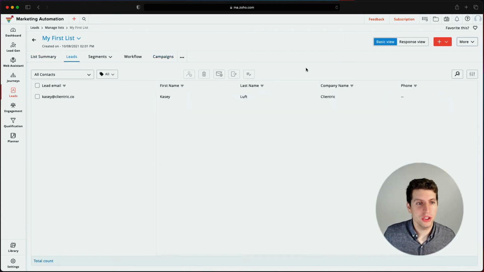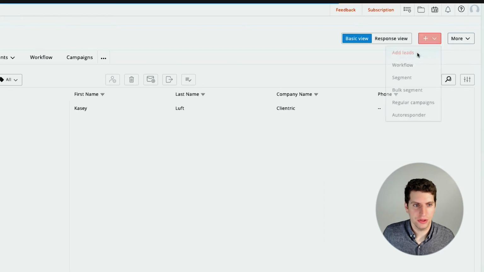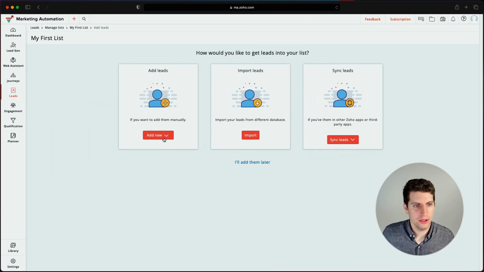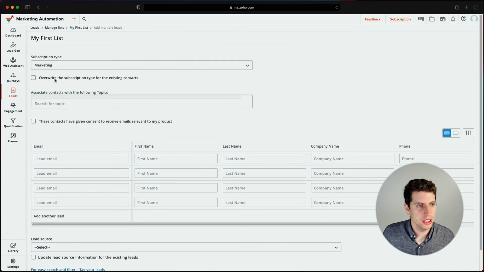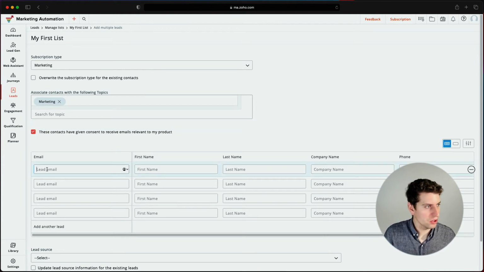All right, and one more thing we can do before we go is that we do have the ability to add in new leads from this view as well. So if we click this plus sign, we can see this add leads button. We'll select that, and we're taken back to the screen we saw the first time. So instead of just creating one at a time, let's add multiple leads to see what that looks like. So in this case, I'm going to select marketing here. I'm going to select this, and I am going to select dev.clientric.co@gmail.com. Clientric dev. This is an actual email that we use for our developers and for other emails. So this is something that should work.